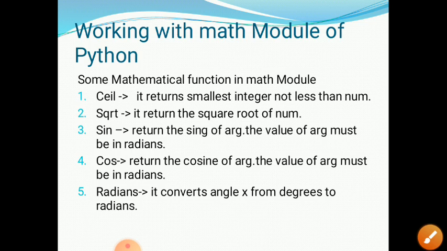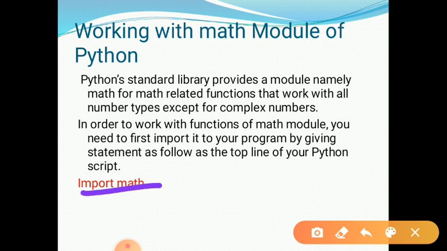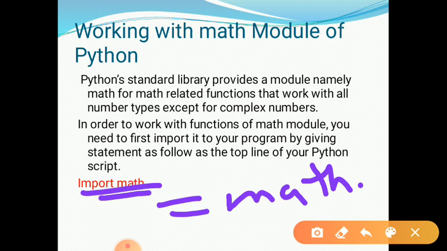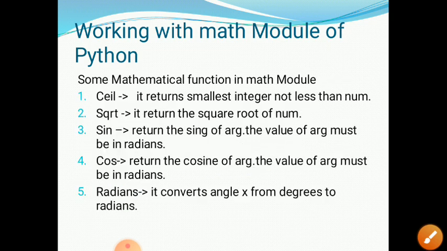So for that, we access this math library, then write some code if we need to, and then for a math function we use math dot. Suppose I am using the ceil function, C-E-I-L, then an opening bracket and a closing bracket. So we are able to access it. Now first I will explain the ceil function. It returns the smallest integer not less than the number.